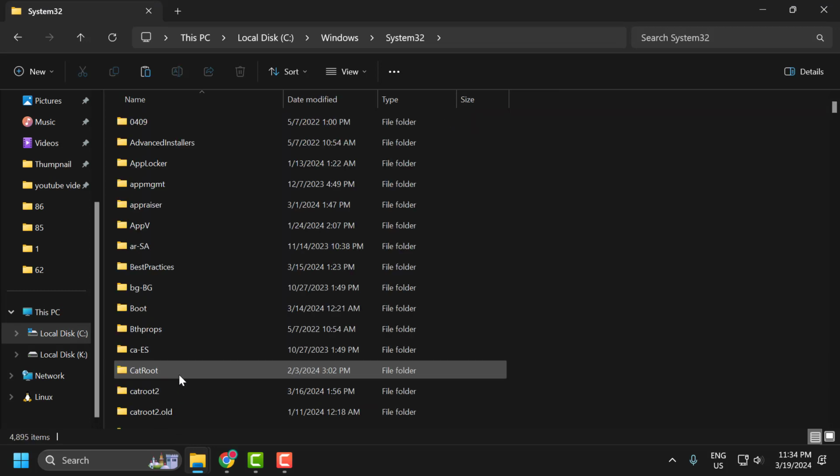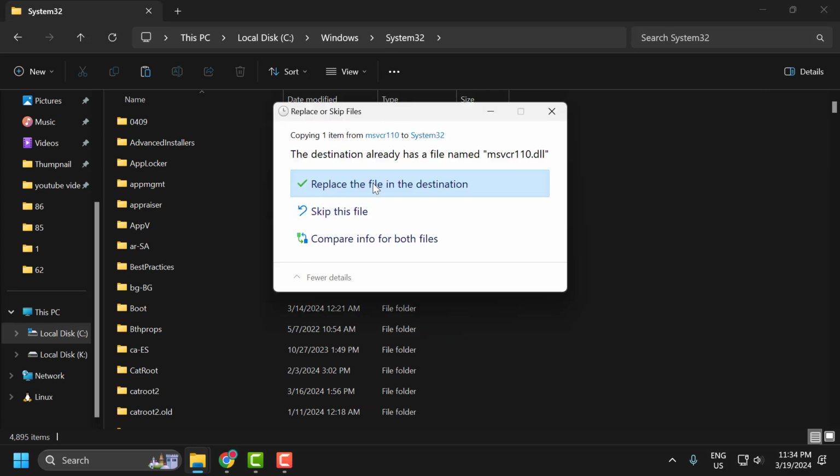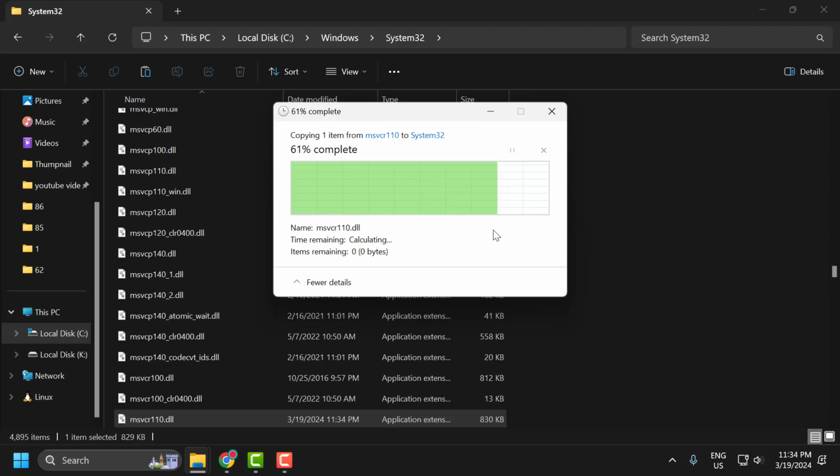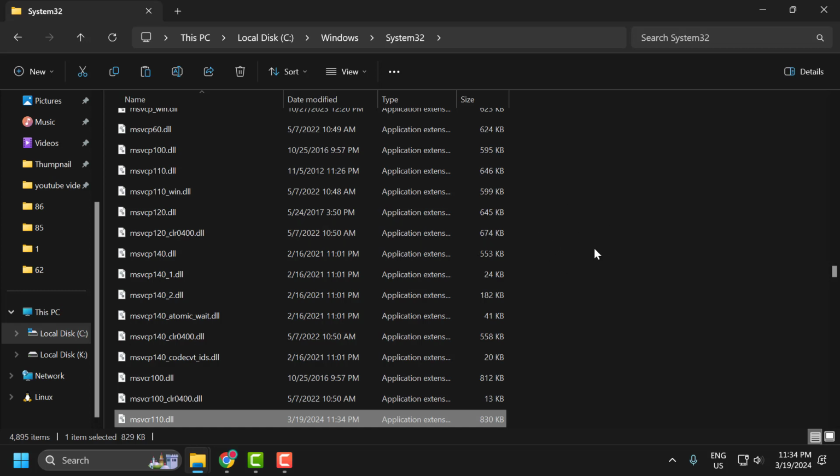Double click on the folder. In here you just need to right click and paste it, guys. Select replace the file in the destination and select continue. And after pasting the file, the next step is to open the directory of Helldivers 2, guys, which